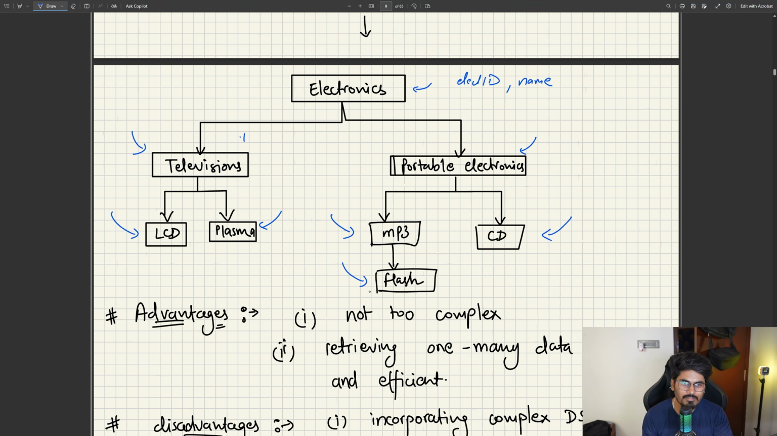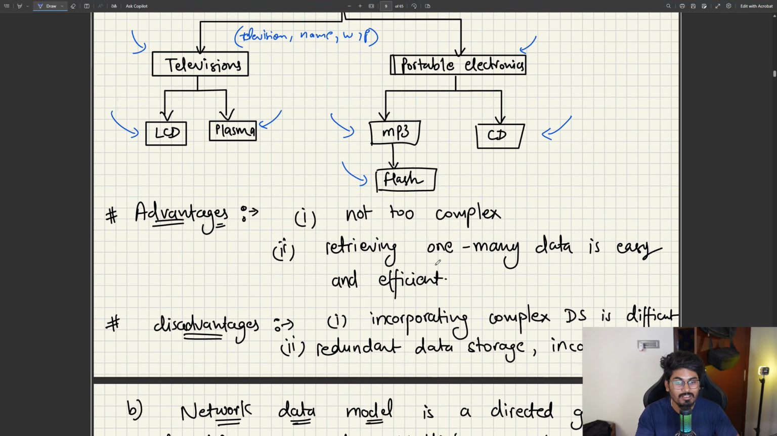Here it will be television ID, a tuple only. Television ID, name, warranty, price, etc. So tuples only, records. Now these tuples could be organized using any data structure that we are not focusing on. So the overall structure of the database is like this, right? And it's very simple. It's not too complex to understand the structure of your database, and retrieving one-to-many data is